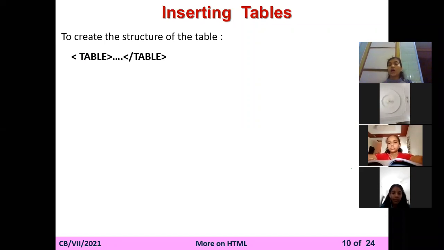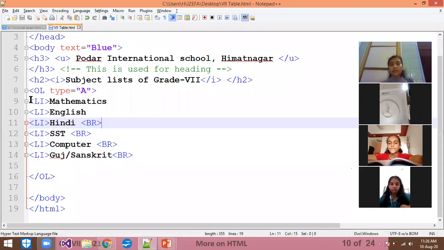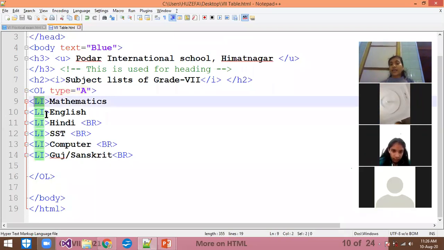That will be a table. It is a non-empty tag, just because it has an ending tag also. If you are not writing the table tag, then you are not able to create a table in your web page. Okay. The next thing, in the OL and the UL, if you are writing the OL, then you are able to write the numbers 1, 2, 3, 4, right? Whenever you are writing the LI, it allows you to list the things in the form of numbers.